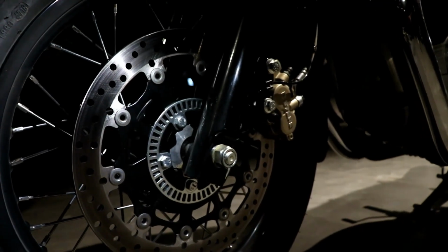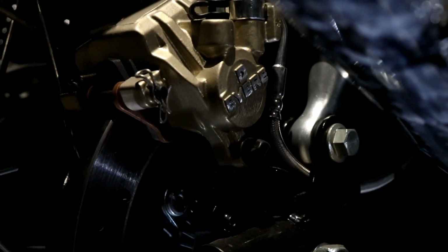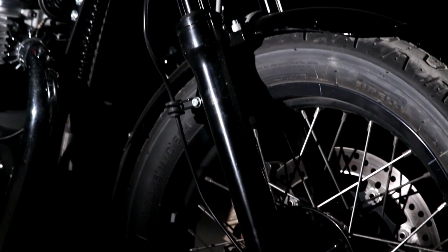Now to anchor this 202 kilogram beast, you will have to have the best brakes on the market, and the braking department is handled by a 320 mm rotor up front with floating calipers and a 240 mm rotor with a floating caliper on the back as well. Coupled with the ABS, the spoke rims retain that retro look that Royal Enfield owners will be looking for